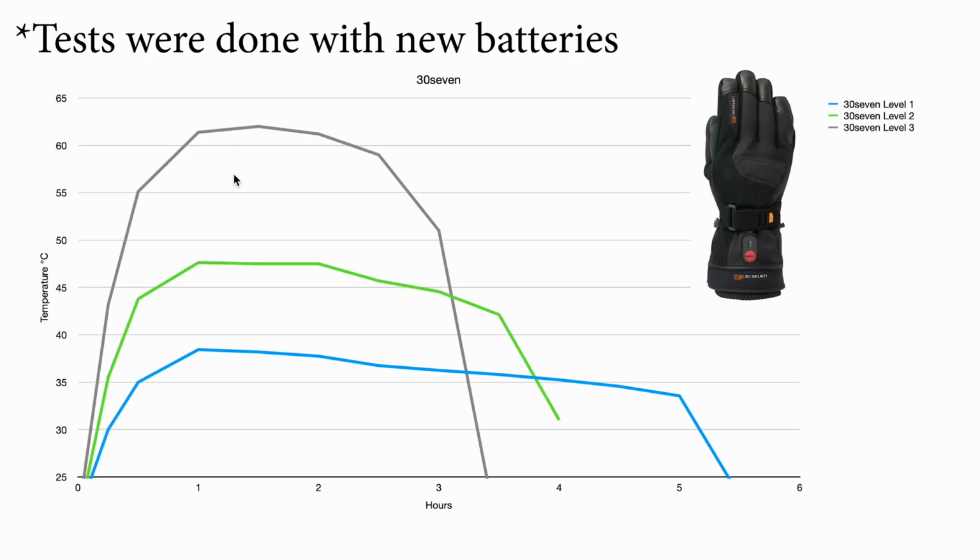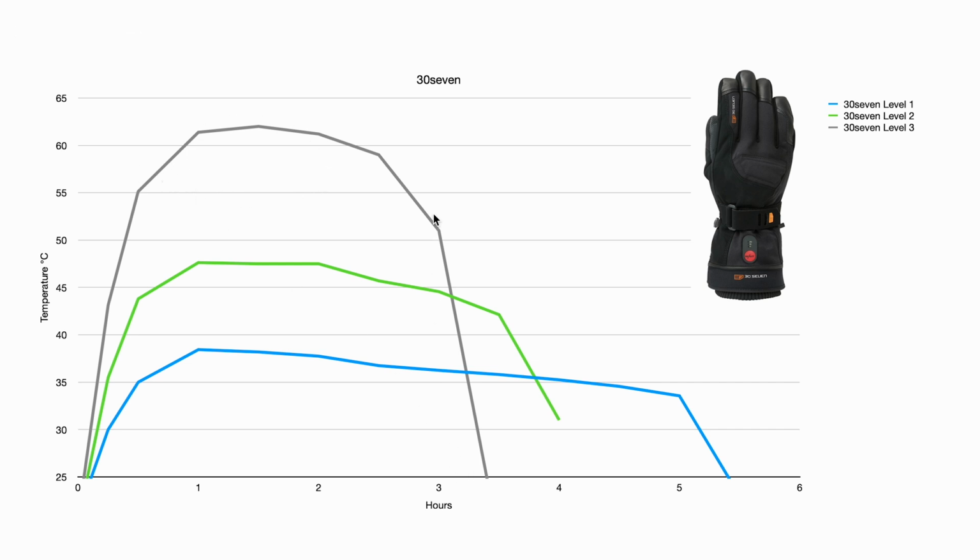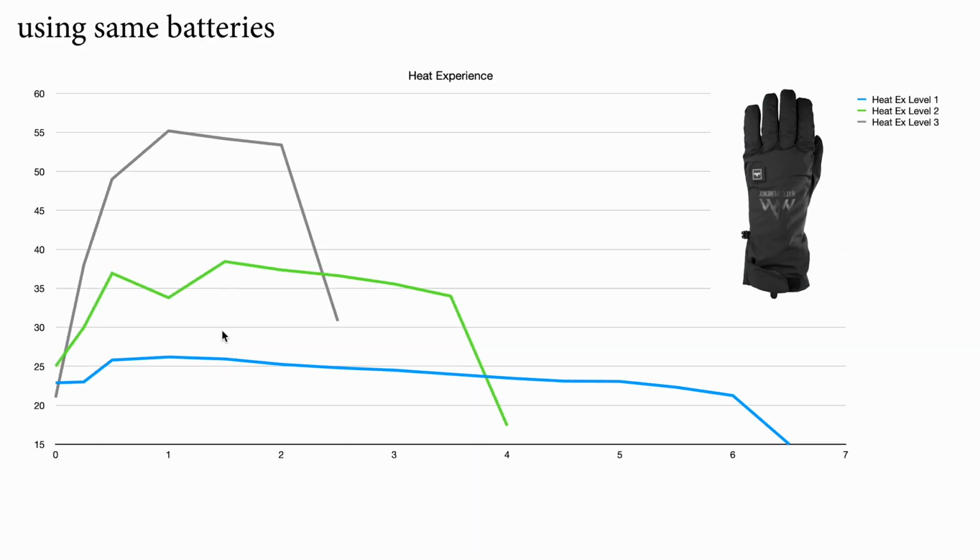For the 37 glove, level 3 held on for almost 3 hours, somewhere between 50 and over 60 degrees Celsius. Level 2 was hovering around 45 degrees Celsius for almost 3.5 hours, and level 1 went for 5 hours, hovering around 35 degrees. The Heat Experience everyday glove could hold for 6 hours at around 25 degrees Celsius, while